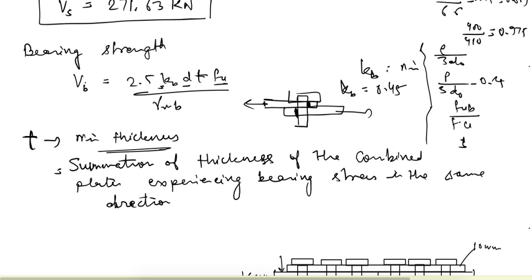So what this statement means is that it is a summation of thicknesses of the combined plates experiencing bearing stress in the same direction. Here we have only two plates, and the direction of bearing stress is different in both the plates. So it is just the thickness of a single plate, but this definition will come into picture when